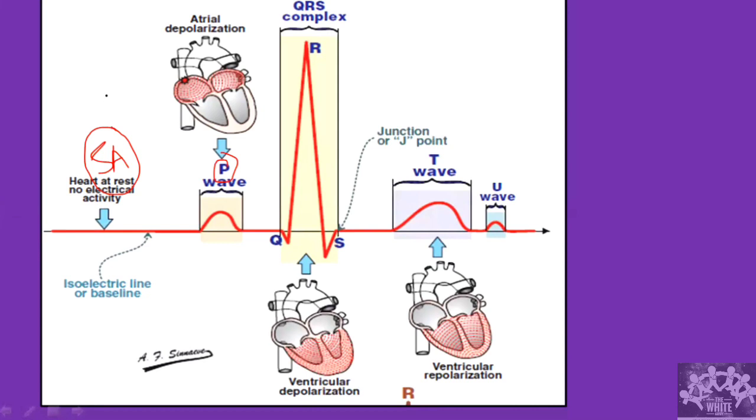The SA node activates its immediate neighbor, the atrium. So based on the atrium, we say whether the SA node is the dominant pacemaker, or whether the SA node is firing constantly, or whether it is some other focus acting as the pacemaker. So that is why we use the P wave. This is how the P wave is. So the P wave is going to be activated. So this is atrial depolarization.